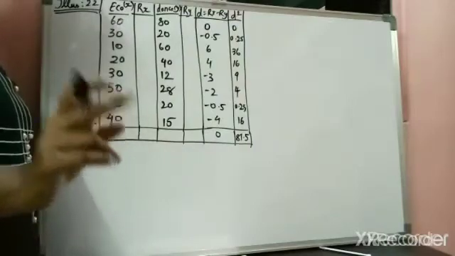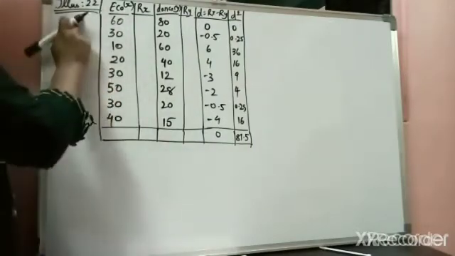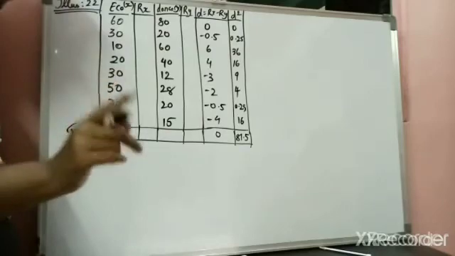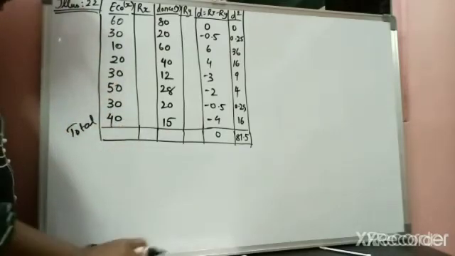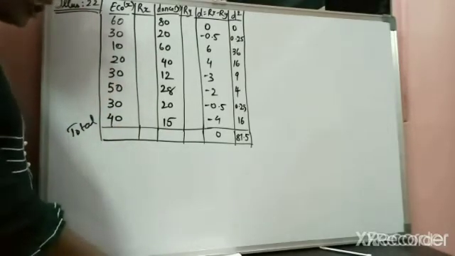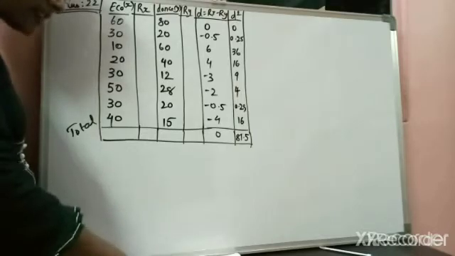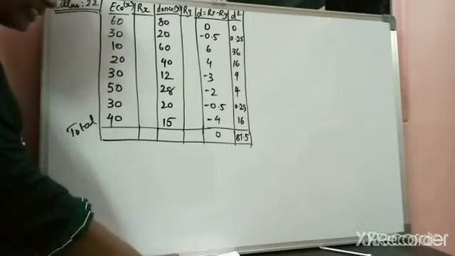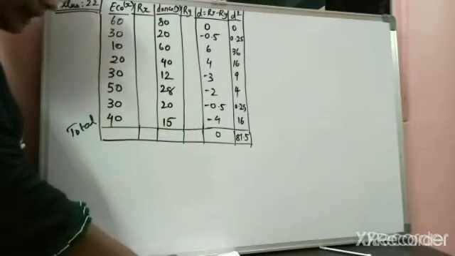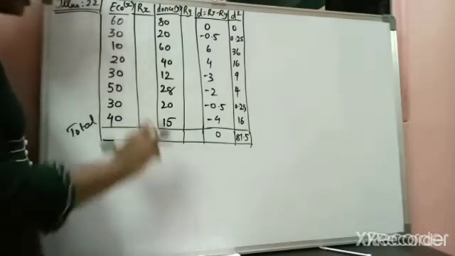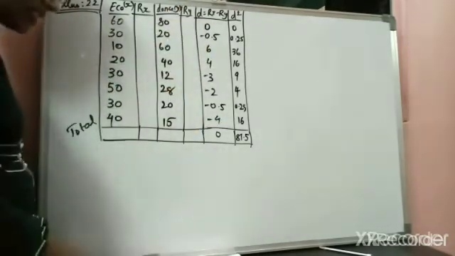Now, let's calculate one example. Let us calculate illustration number 22, which is on your page number 94. So, let me read out the question for you. To know the relation between understanding of students in the subject of economics and their dancing skill, a sample of 8 students is taken and a test is conducted for them. The marks obtained are given below. Find the rank correlation coefficient between the marks obtained in 2 subjects. So, there are 2 sets of data given to you, economics marks and the dance skill marks.